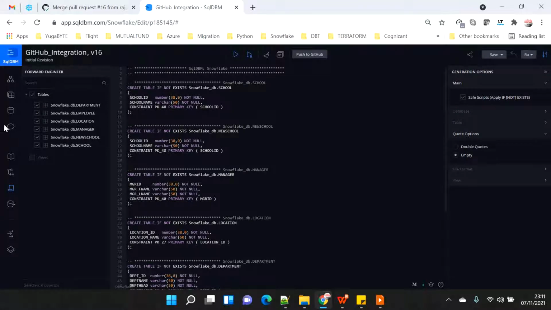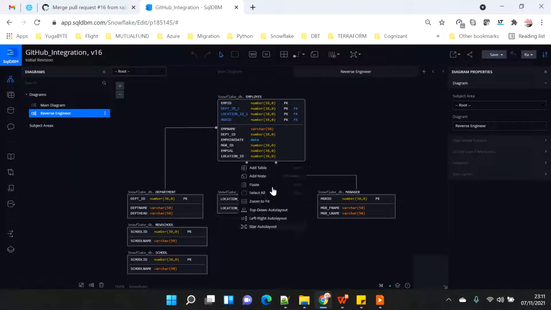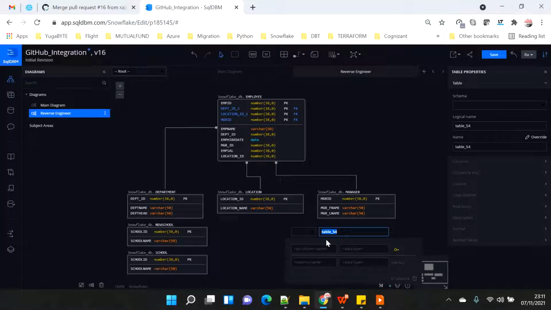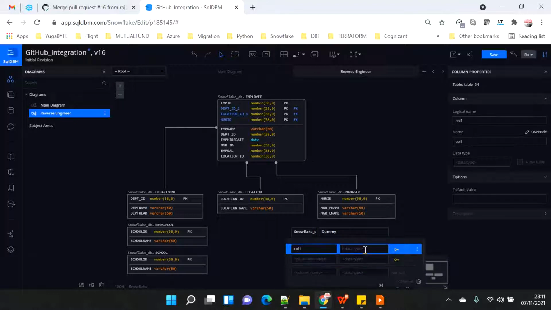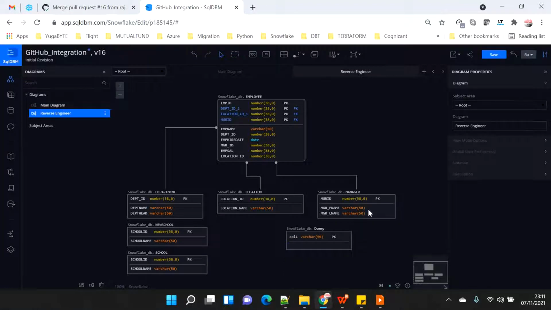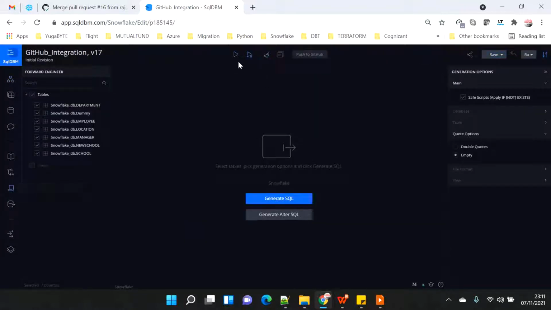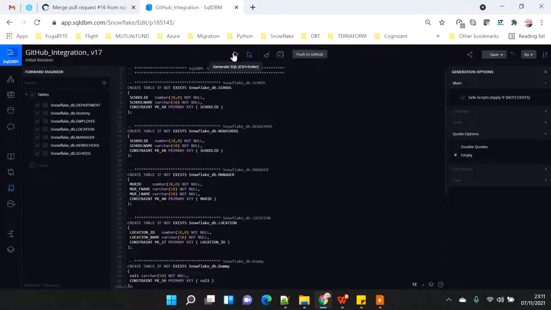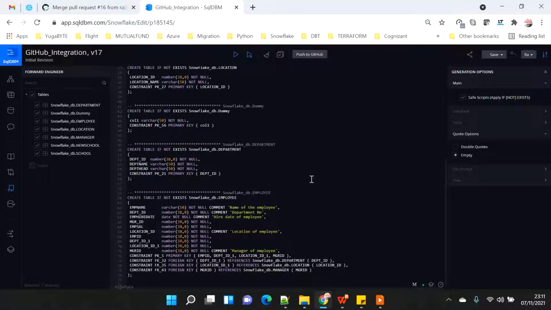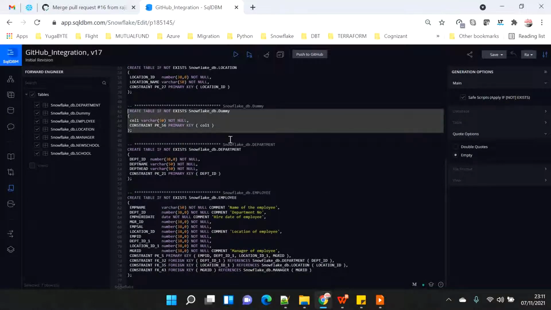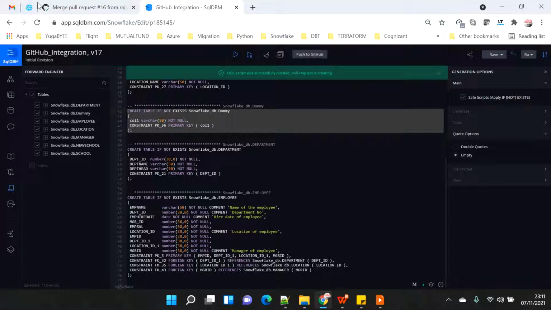So let's go here, let's go on the dashboard, let's create one more table. I will call it dummy. I will select the schema name and I will say column 1, and I will select varchar 250 as a default and the primary key, and that's it. I will just do a save. I will go on forward engineering and I will regenerate everything. So now you can see that all the table structures are recreated, including the dummy table which I just created, right? I will just push this into the GitHub,